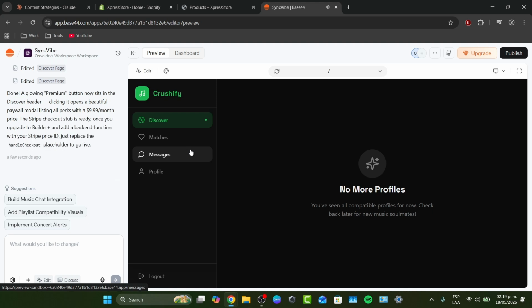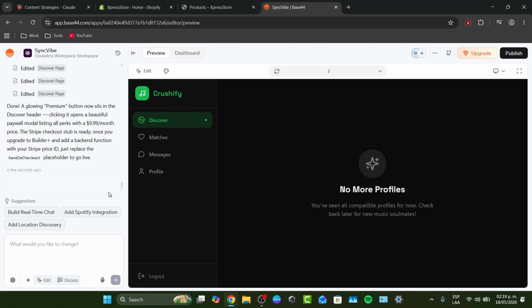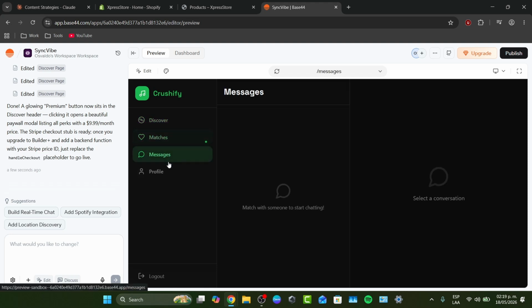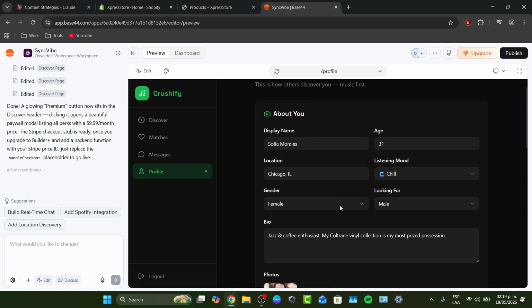payments. And you can see that here, for example, a glowing premium button now sits in the Discover header. Clicking it opens a beautiful payment listing with all perks at a $9.99 per month price. The Stripe checkout stub is ready. Once you've upgraded and added the function with your Stripe prices, just replace the handle checkout placeholder to go live. Which I think is going to be really great to get directly into, in this case, my